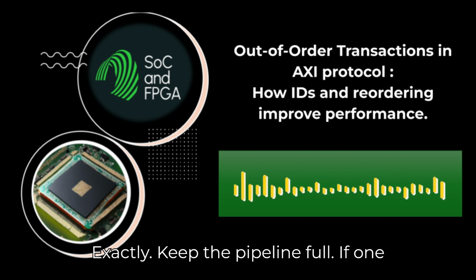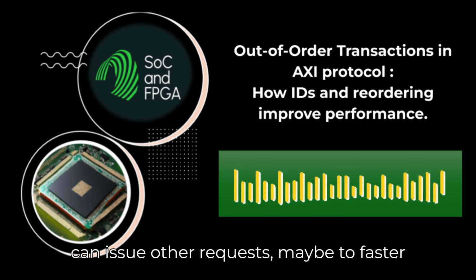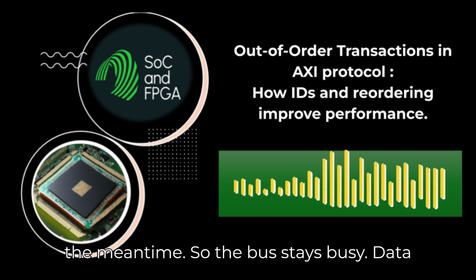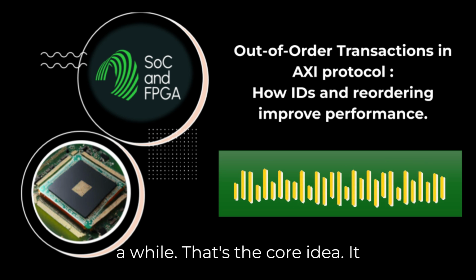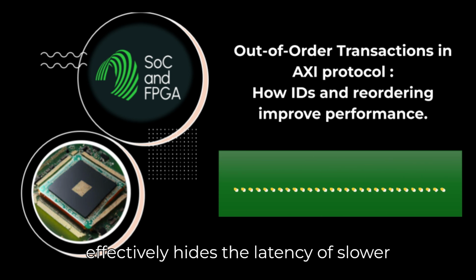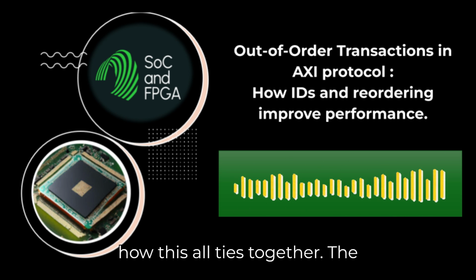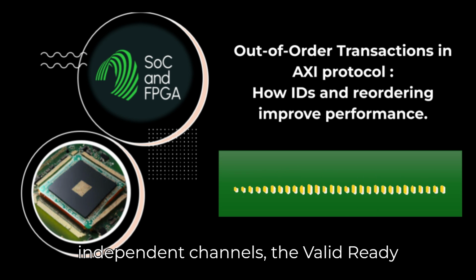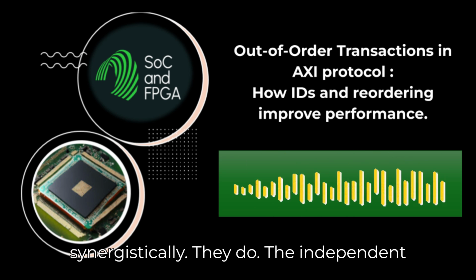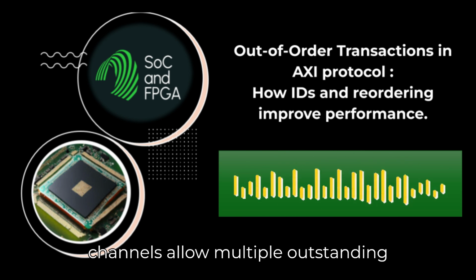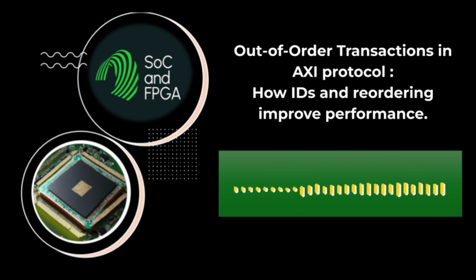Exactly. Keep the pipeline full. If one request goes to slow memory, the master can issue other requests, maybe to faster peripherals or a different memory bank, in the meantime. So the bus stays busy, data keeps moving, even if some responses take a while. That's the core idea. It effectively hides the latency of slower components, boosting overall system performance significantly. And I can see how this all ties together. The independent channels, the valid-ready handshake, bursts, outstanding transactions, they all work synergistically. They do. The independent channels allow multiple outstanding transactions to progress in parallel, bursts make each transaction efficient, and valid-ready